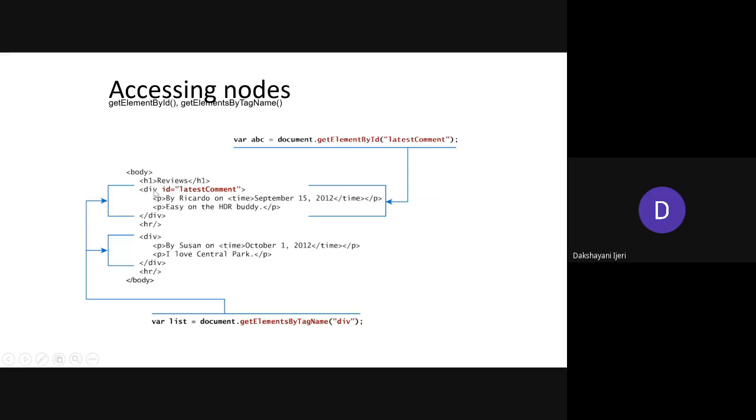Okay, so we have the division element with the id attribute with the value latest comment, followed by the two children, paragraphs, and one more division over here, which again has two children, and later you have the end of this HTML part here. Okay, so if you are going to write the JavaScript and want to access its contents, this is how you are going to do it. This is just an example to tell you how you can begin writing the JavaScript part here. You can see the variable has been created, but how to use it?